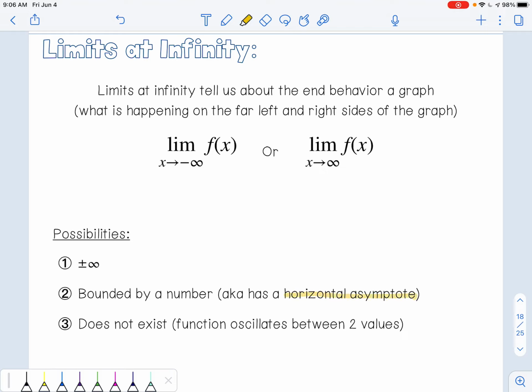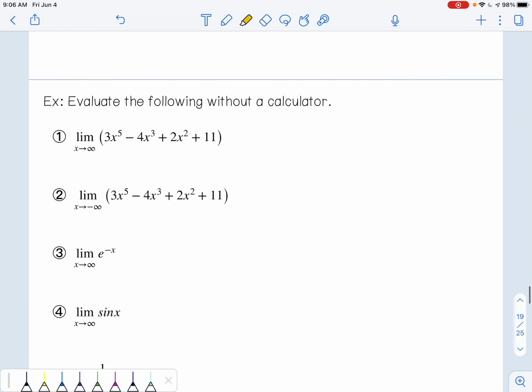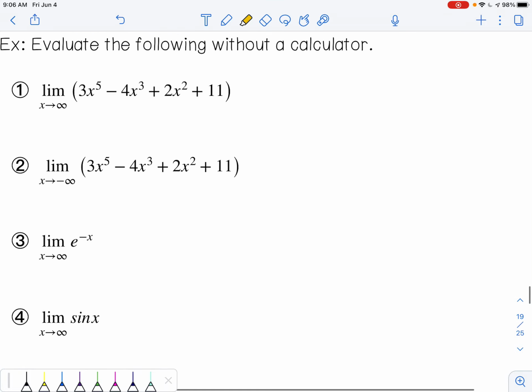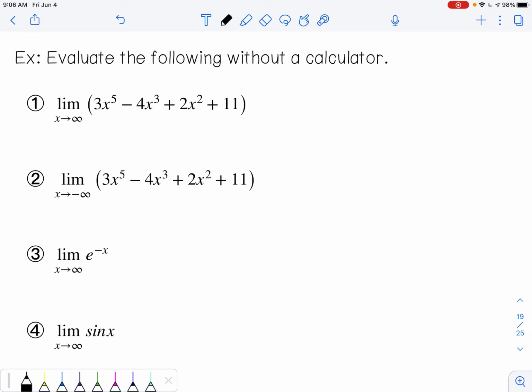So a key thing about limits at infinity is that they're the correct way of finding horizontal asymptotes. So in AP Calculus, if you're asked to identify horizontal asymptotes of functions, you're going to want to show proper limit notation to do that, even if you know with your algebra tricks, or maybe from your Algebra 2 course, what those horizontal asymptotes are, especially for those rational functions. So let's first practice just finding horizontal asymptotes without a